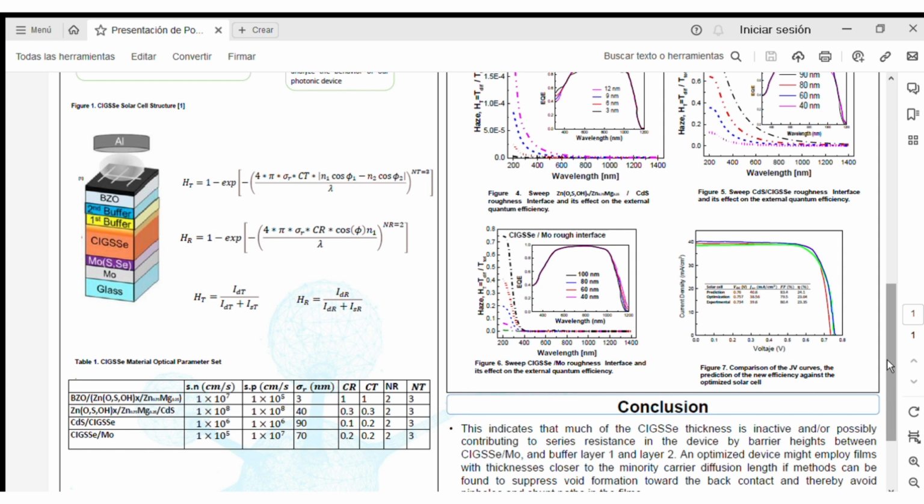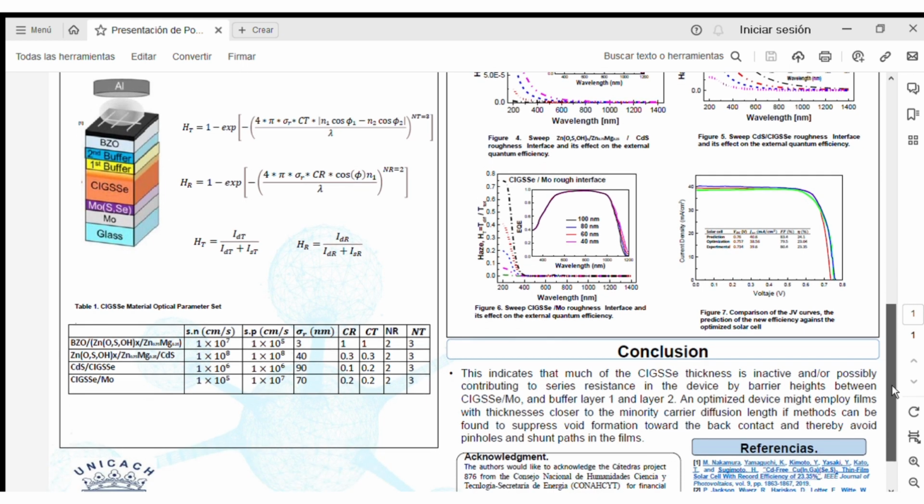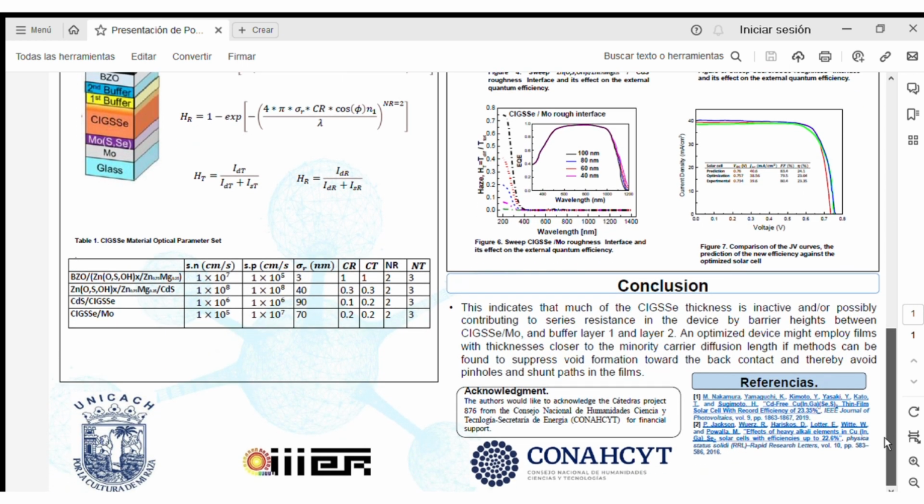The HT and HR of internal interfaces are calculated by using equations 1 and 2, respectively. These equations relate the Haze parameters to the interface roughness, which is represented by the parameter in the table. The table summarizes the Haze function's optical parameters and the interface's recombination speeds between layers of the solar cell,